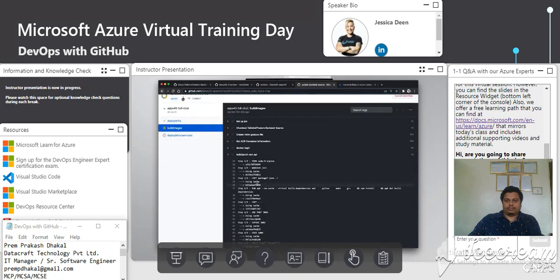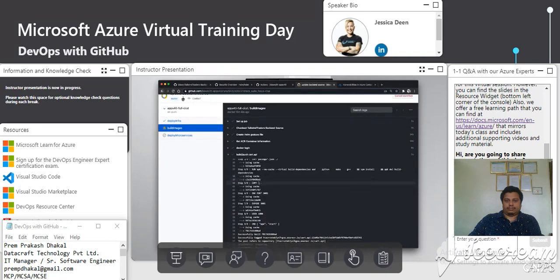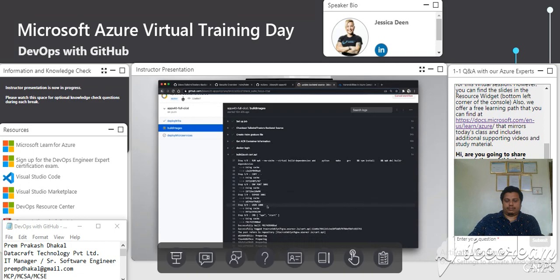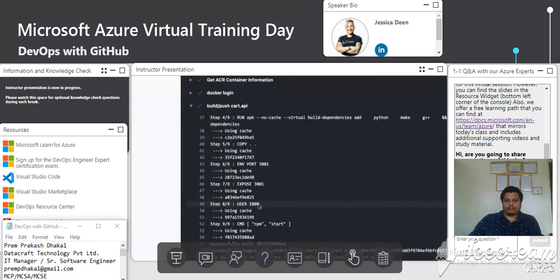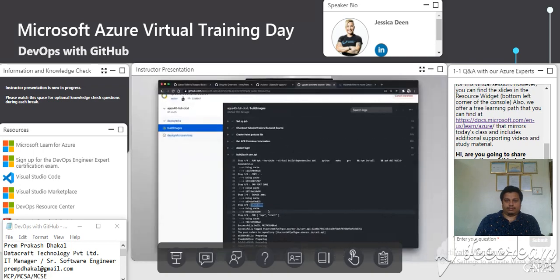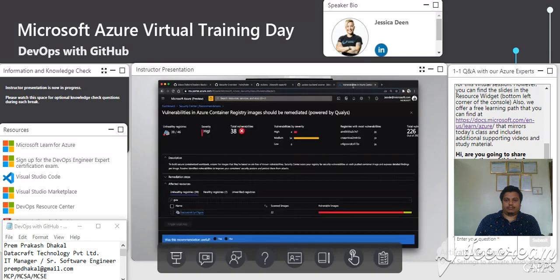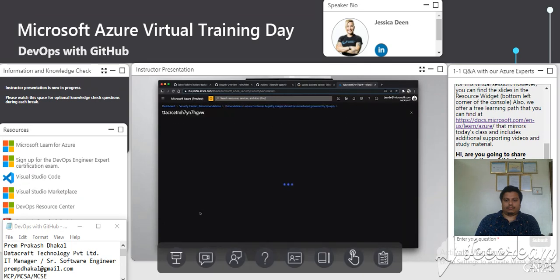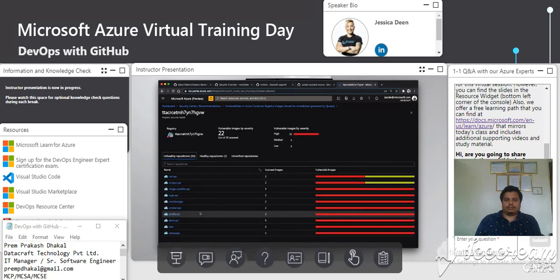So for example, you can see how it's going through and it's building each one of our stages. Specifically, if we take a look at line 49 in the logs here, you can see right there where it's building that user 1000 layer within our Docker file. So let's hop on over into Azure Container Registry, specifically in Security Center, pardon me, and take a look at the images that now exist. If we drop down into our registry itself, we'll see all 11 of our repositories that correspond to all 11 images within